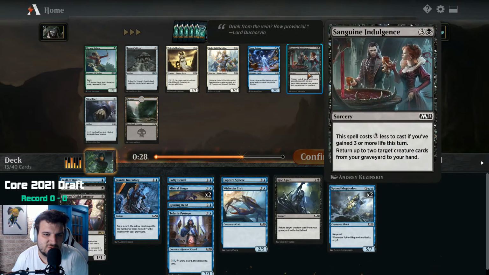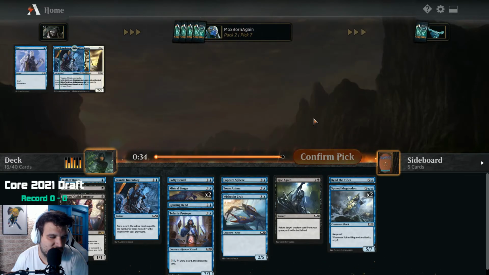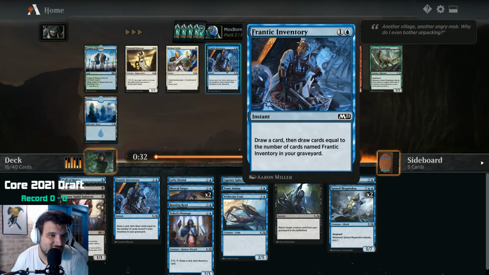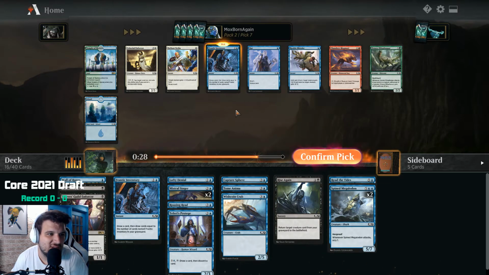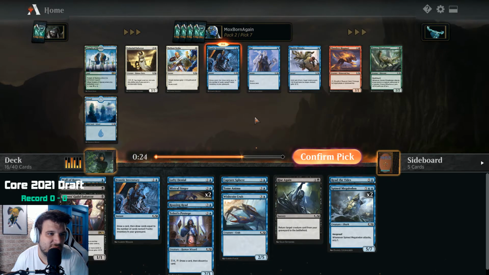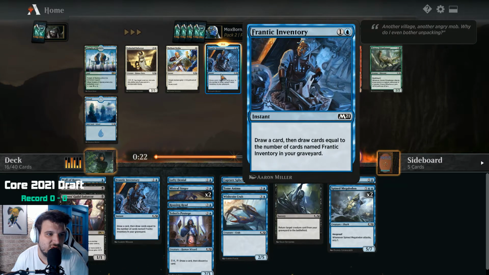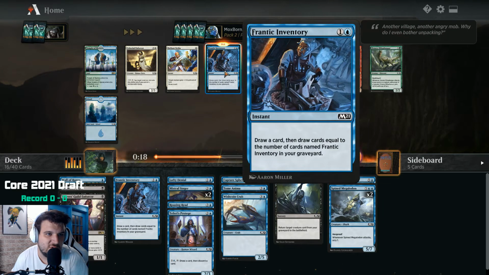What's this? The spell costs less if you've gained 3 or more life this turn. Return up to 2 target. Okay. Ugh. There we go. Oh, Opt. Oh, man. Ugh, that would be a good one to pick up. But with 2 of these in our deck, that would be good. We don't need that. Alright, we'll go with the...